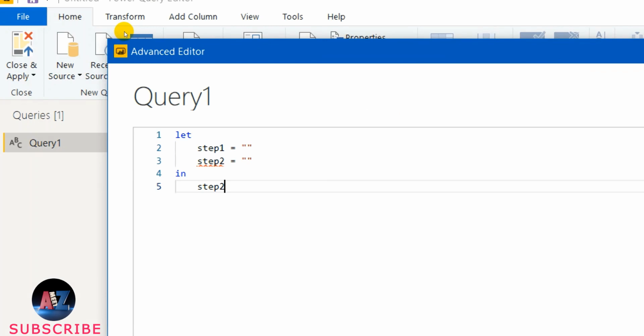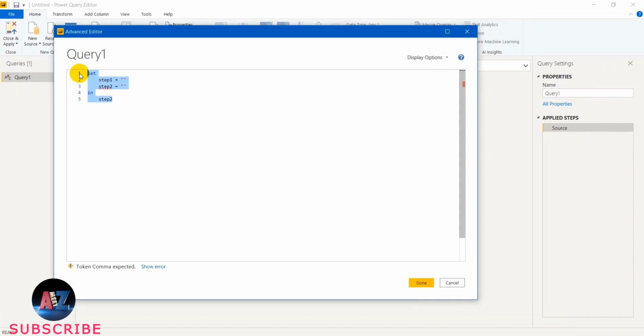So your steps are recorded in a proper manner, and those steps will be considered while extracting the incremental data from the source file. So these steps are important. That is why your syntax starts with let and ends with in. In ends with the last step you have mentioned there. If you understood these steps, you can start exploring M query in a much better way. Now let me start typing the code.